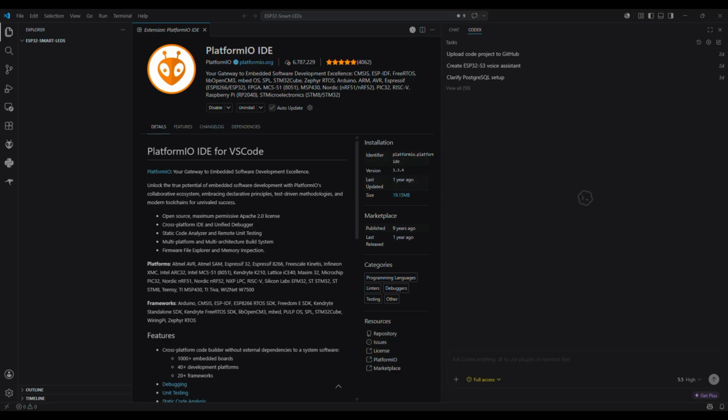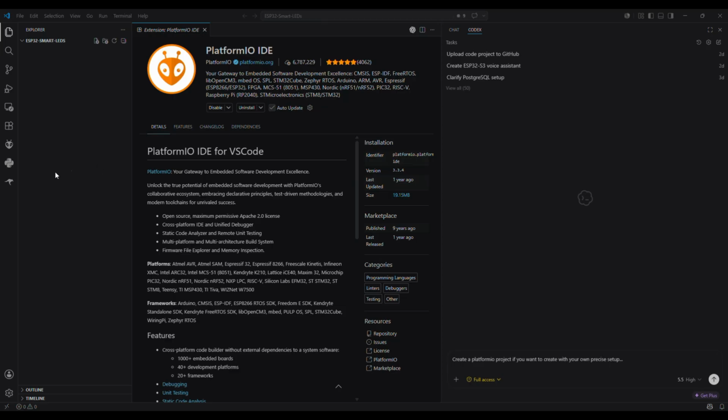Alternatively, if you want to skip the generation phase entirely, the full, ready-to-upload source code and configuration files are available via the GitHub link in the description. You can download it and open it directly. If you want to build this project from scratch or customize it yourself, let's set it up step by step